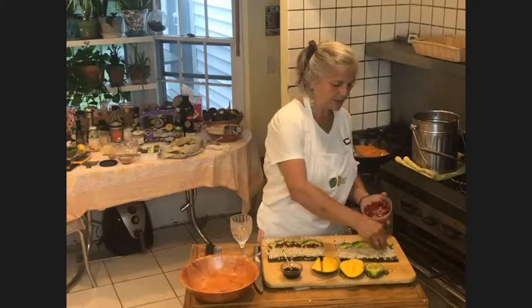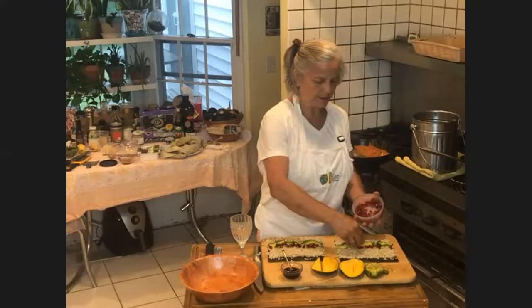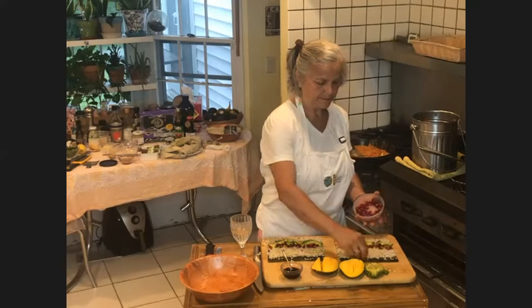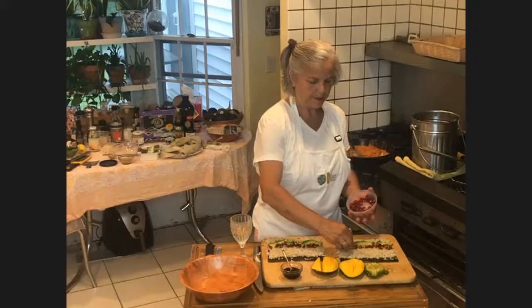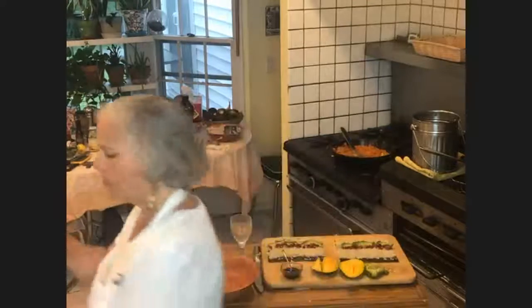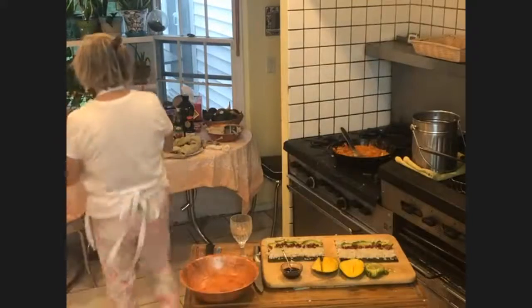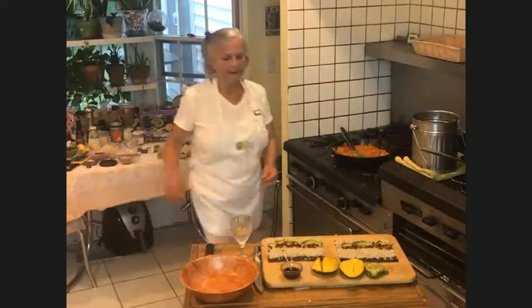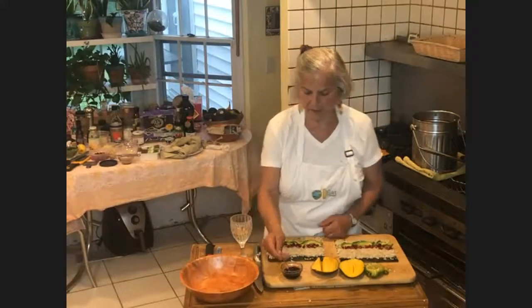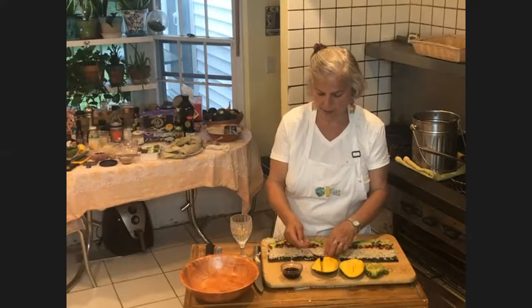Do the pomegranates have those hard seeds in them? These are the seeds. So there's nothing hard in them? You're supposed to eat the whole thing? Yeah. Okay. And then I'm going to put this pomegranate and tamari mixture up at the top